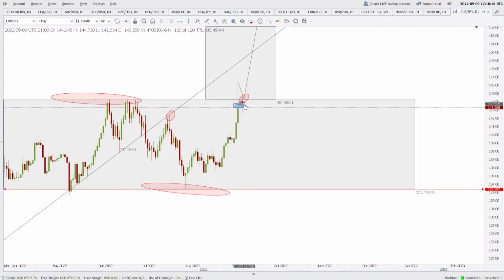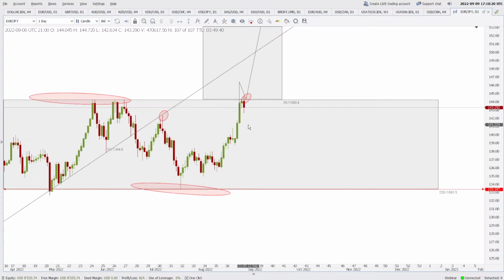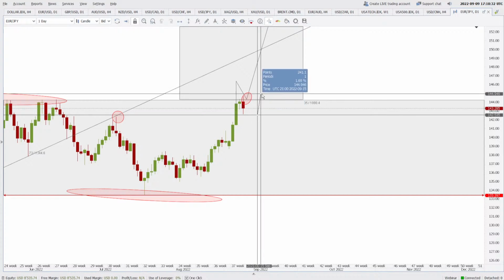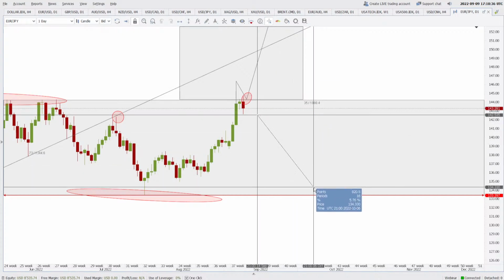Now if you want to sell this pair based on this bearish engulfing, I think you can put a sell stop order below, like 152.53 or something, and put a stop loss higher than the high that the candle has made today, like 230 points or so, and then we can target 914 points.